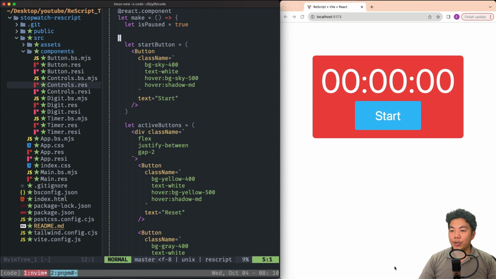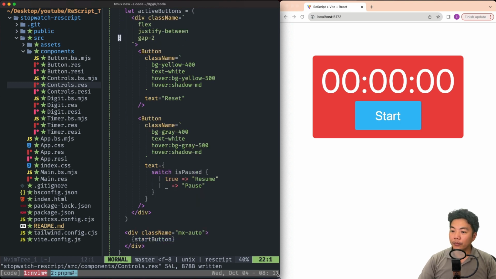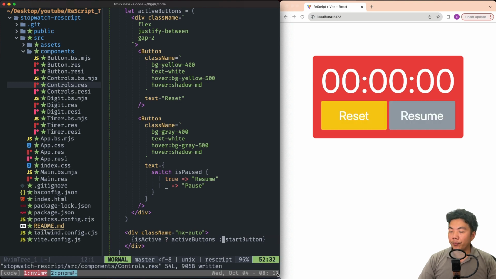I am going to also add another variable called isActive. And depending on whether the stopwatch is active or not, we can show the start button or the active buttons. Okay, so now we have our reset and resume buttons. We also have our start button.